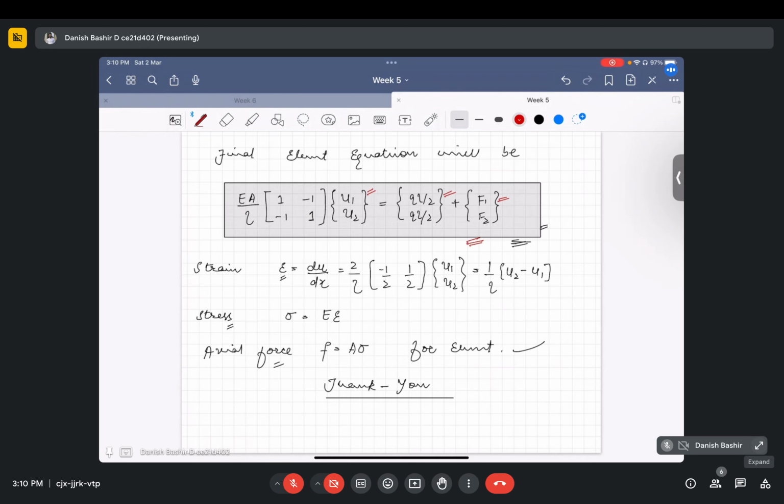This is the vector of nodal displacements, and this is the stiffness matrix. As I told you in the last class, it is written as Ku equals F. That is the basic finite element equation for a bar element. So using these